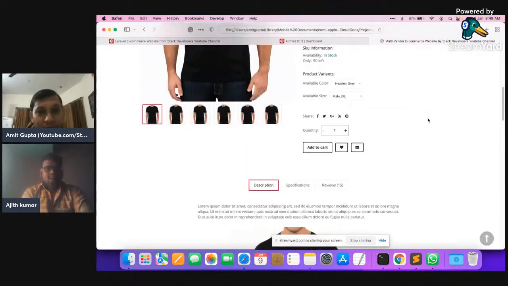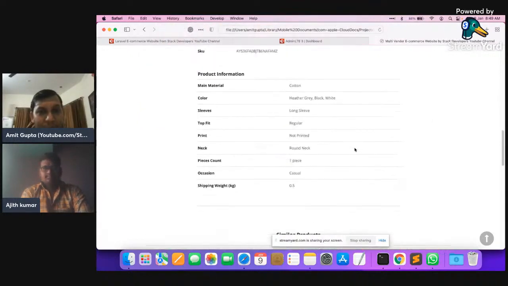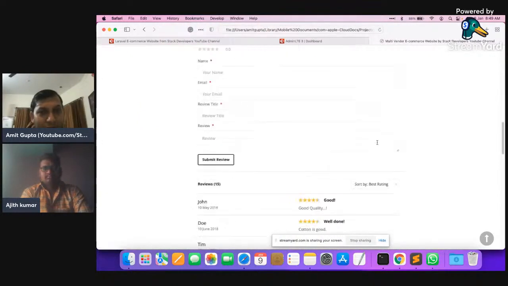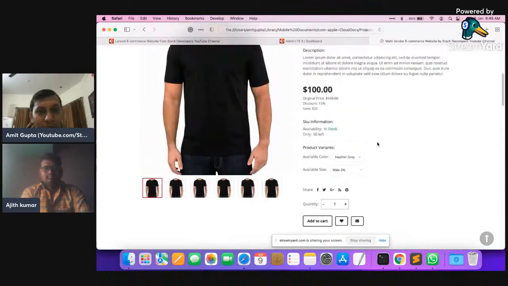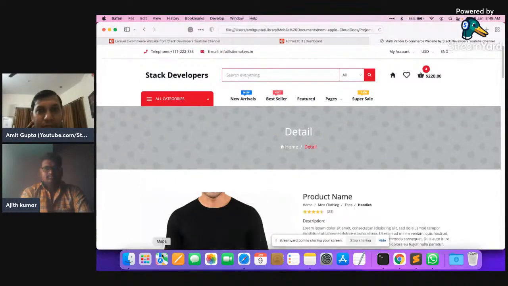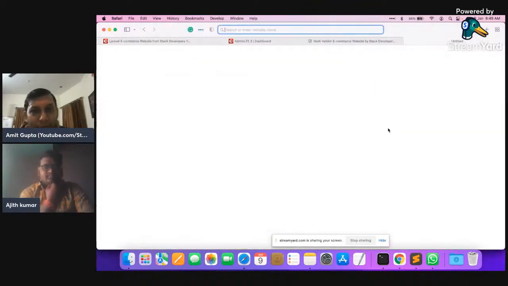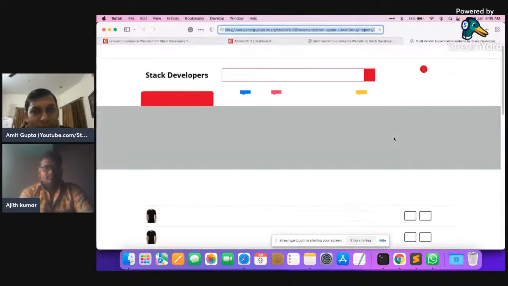Okay, so you can see how good its design is. Specifications are coming here. Okay, reviews are coming here. See how good it looks. Okay, so we are going to open its cart page as well, and here you can see its cart page.